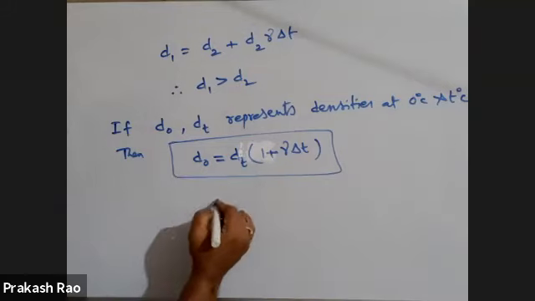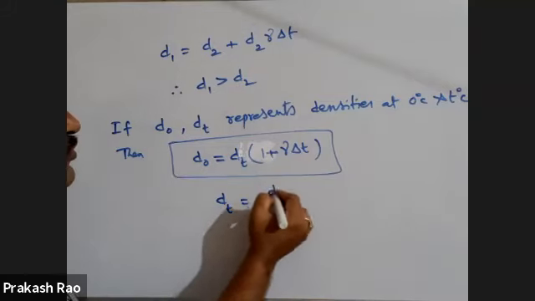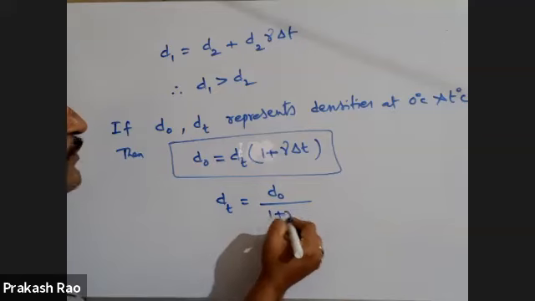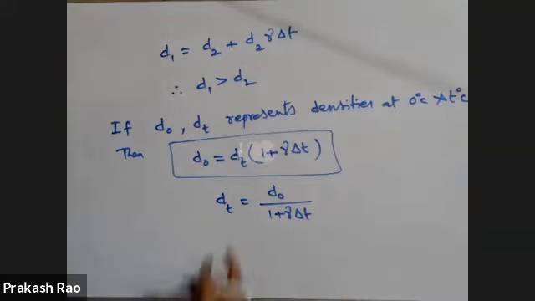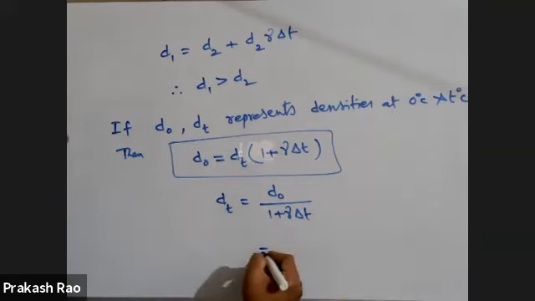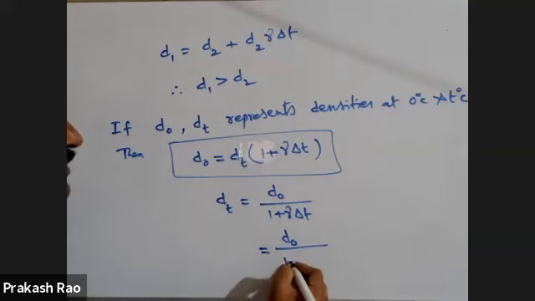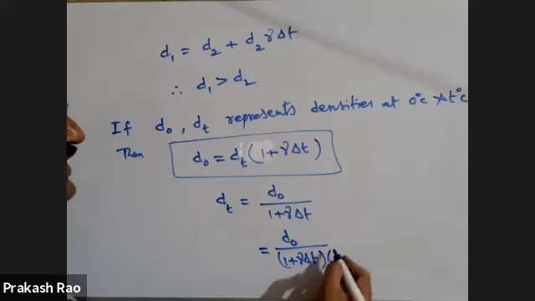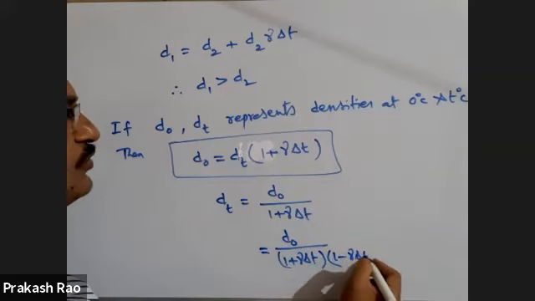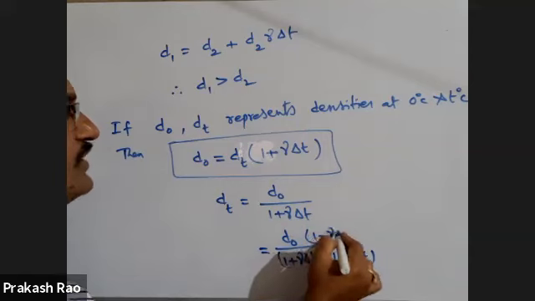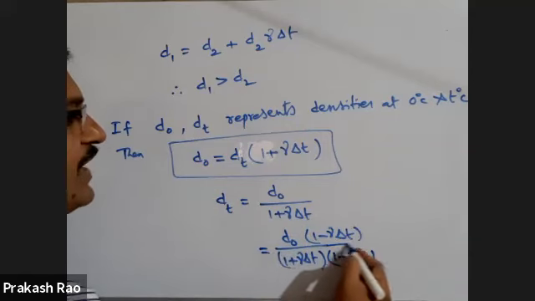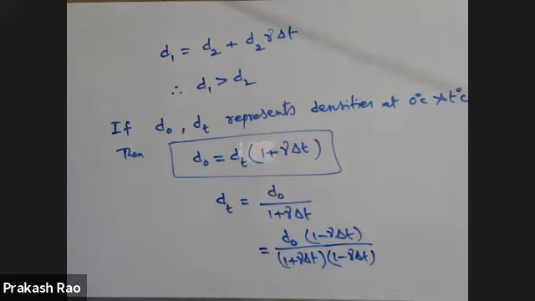So by this expression, I can write dt is equal to d0 by 1 plus gamma into delta t. I am just taking this into the denominator. What I am doing is I am rationalizing it, multiplying by 1 minus gamma into delta t. Here also 1 minus gamma into delta t I am taking. This is a plus b into a minus b, a square minus b square. Therefore, dt is equal to,